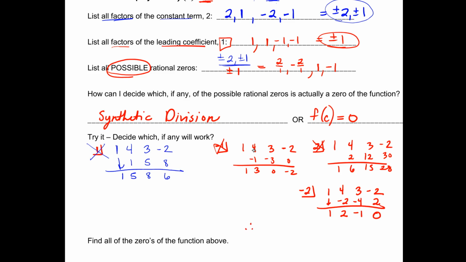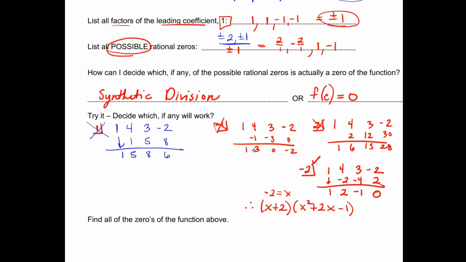Therefore, I know that this function factored down is going to equal, well, if this is a 0, then what do I know is a factor of the function? X plus 2. So negative 2 is a 0. So, yep, x plus 2 is a factor. And then if I put this back into factored form, or into the function form, x squared plus 2x minus 1,